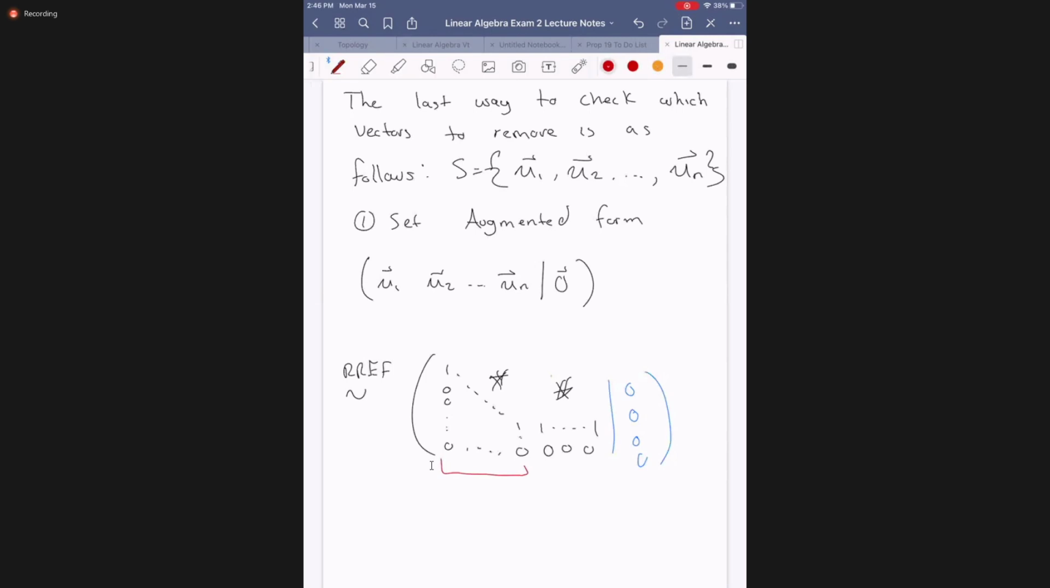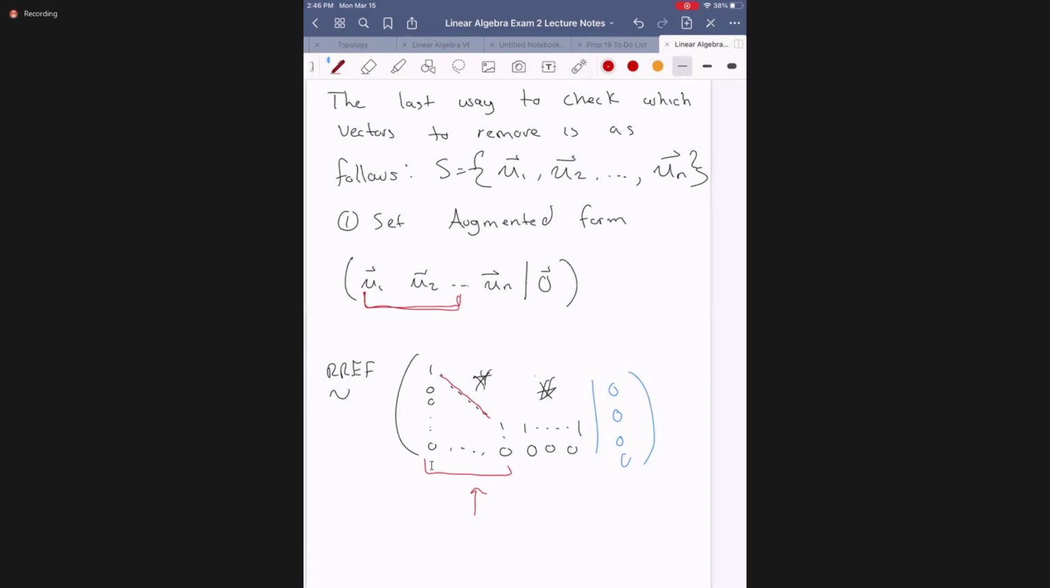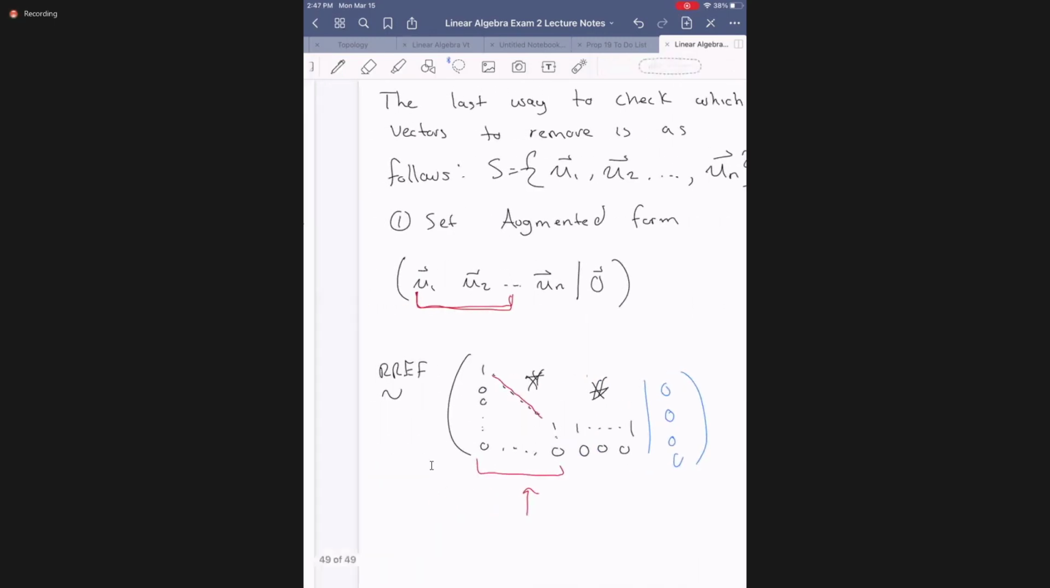So let's say this part right here corresponded to this part right here, right? So wherever you see this happening, where you have pivot columns and this one going along, and then zeros everywhere else, those are the linearly independent vectors. The rest of it you can just take out. Okay. So if I go back to this example over here,